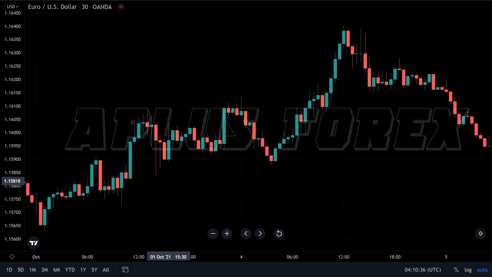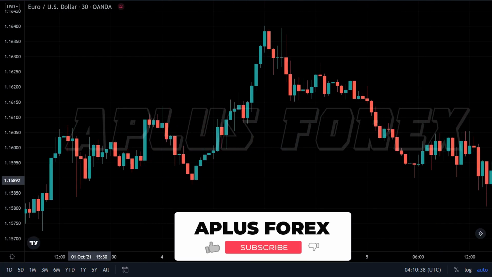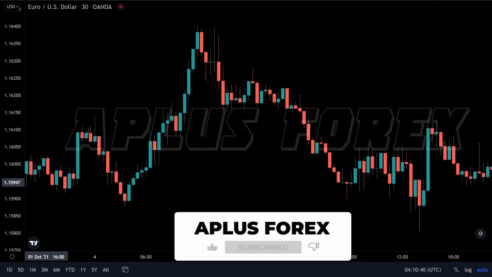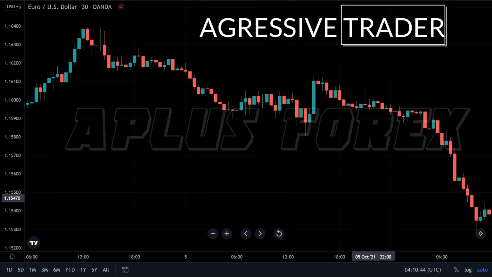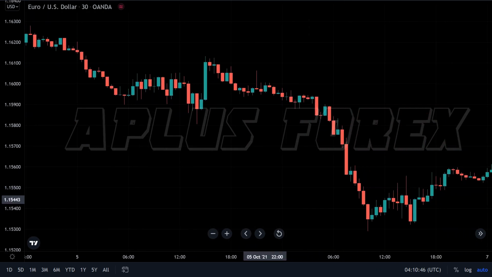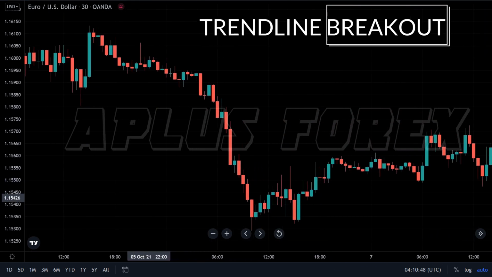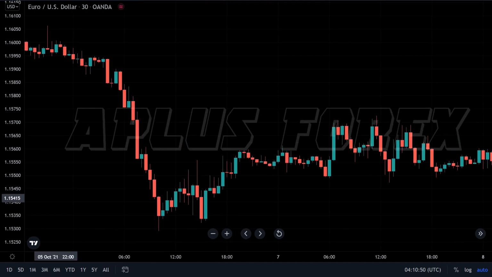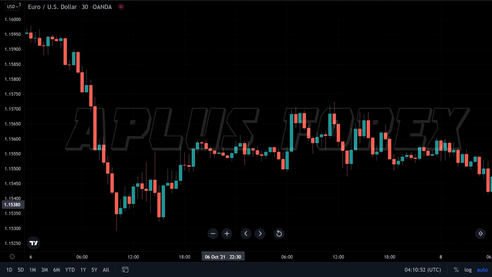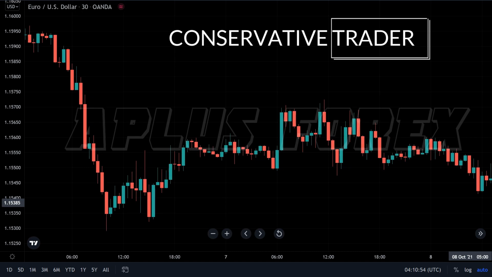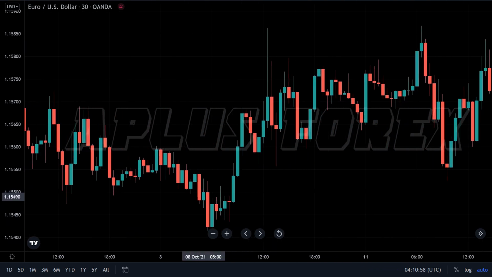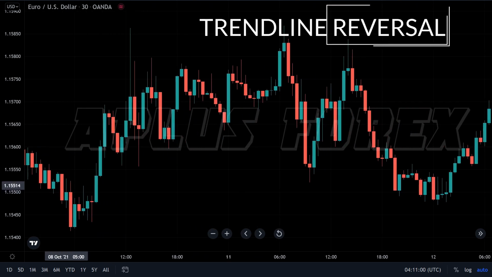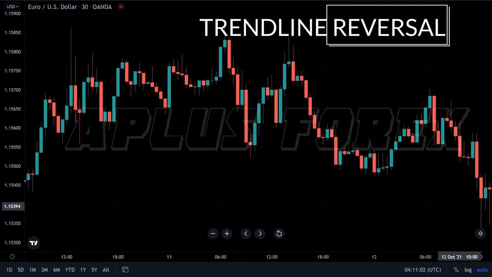the trendline breakout strategy. So how do we choose between the two strategies? If you are an aggressive trader, then maybe you are best suited to trading trendline breakouts because they allow you to get on board at the very start of market movements. However, if you are more of a conservative trader who is looking to take small chunks from within the middle of moves, then maybe a reversal strategy is best for you.